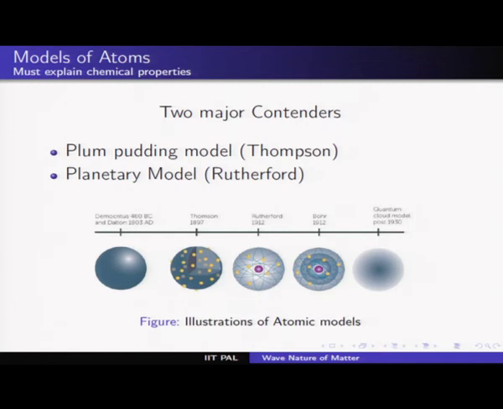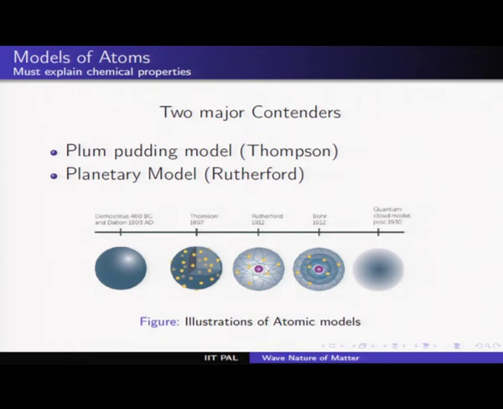So when I speak of the models of the atom, you should understand that because of radioactivity, because of the neutrality, people had figured out an atom contains both positive and negative charges. The negative charges are of course the electrons, which were discovered by Thomson, and then the positive charges were known. After all, in the periodic table you start saying there are these electrons, although you don't know the shell model, but these are the quantities that are contributing.